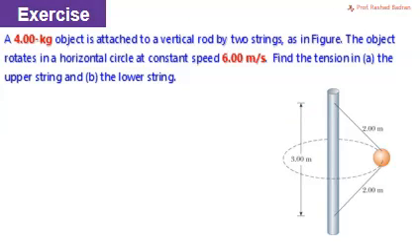This is a nice exercise for the conical pendulum, as the ball here is attached to the ropes as shown in the diagram, and these two ropes have the same length of 2 meters, and the point where the other ends of the ropes are fixed in here, the distance between them, 3 meters, is given, and the ball is moving in a horizontal circle with a given speed of 6 meters per second, and the mass of the object is also given as 4 kilograms. You need to find the tension